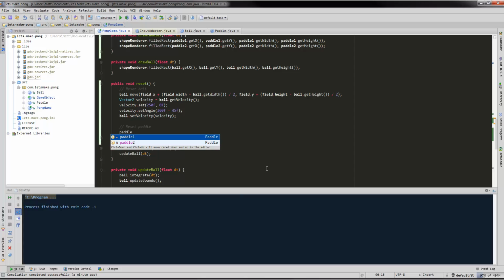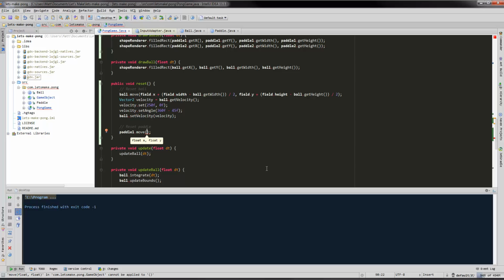But we're going to move the first paddle. That's going to be player one, on the left side of the screen. So we want to move it, and remember we need to take the size and the position of the field into consideration when we do this. So we want to move it from the left side of the screen by the position of the field, and then give it a bit of a buffer. And since in the future the size of the field may change, we'll probably wind up using a percentage of the field width,